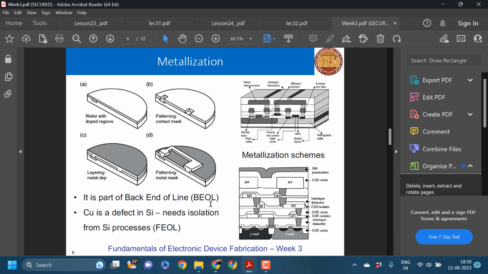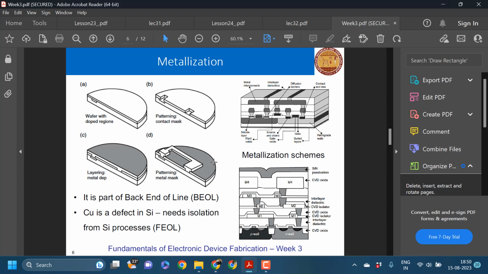So this includes sputtering, chemical vapor deposition, electroplating, etc. Sputtering is a physical vapor deposition process and it is used for aluminium and aluminium copper alloys, etc. Chemical vapor deposition is used for polysilicon and tungsten, etc. Electroplating is usually used for copper deposition. So these are the three metals that are usually used in providing these wiring or electrical contacts between the different